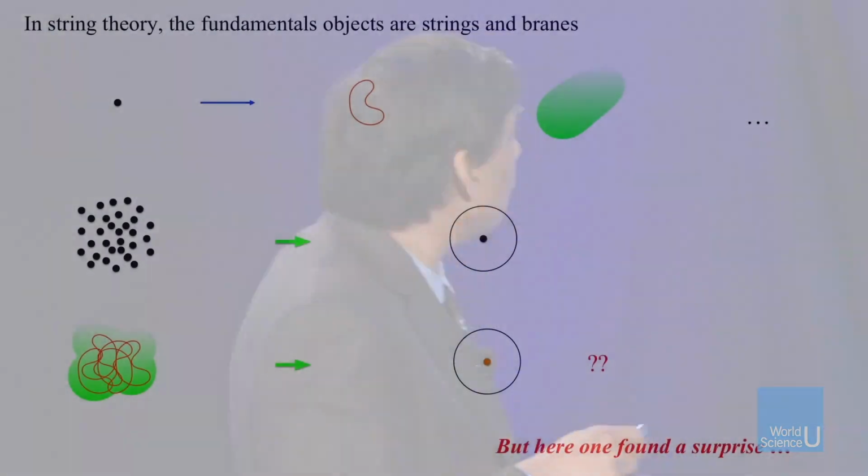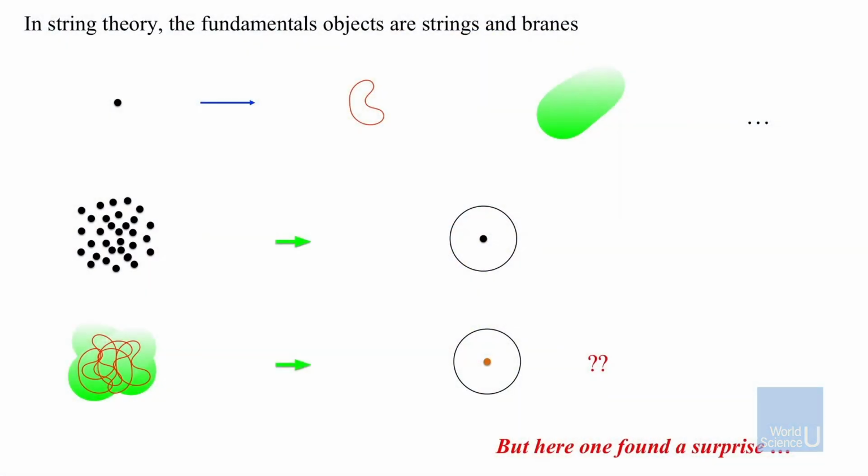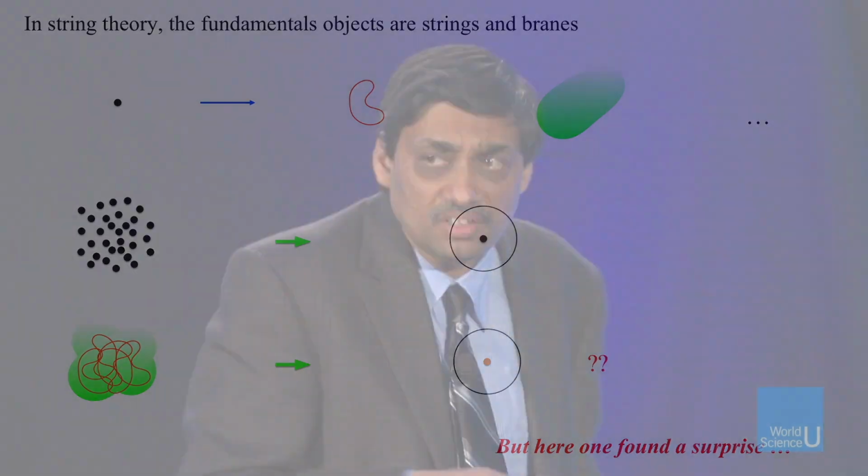So in ordinary particle physics, particles can be thought of as little dots. But in string theory, as you might guess, objects are strings. Instead of particles, you have strings. So they are what are called extended objects. They have size. And instead of one-dimensional objects, they could be two-dimensional sheets or three-dimensional sheets. Those are called branes. So you have lots of objects. But the important thing is they're not point-like. They have a size.